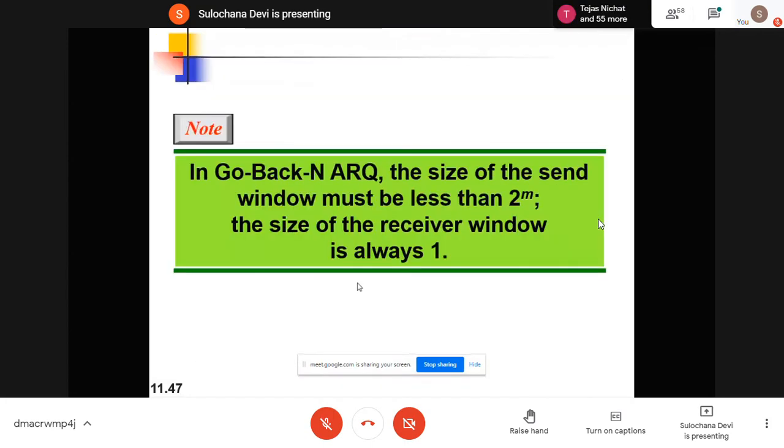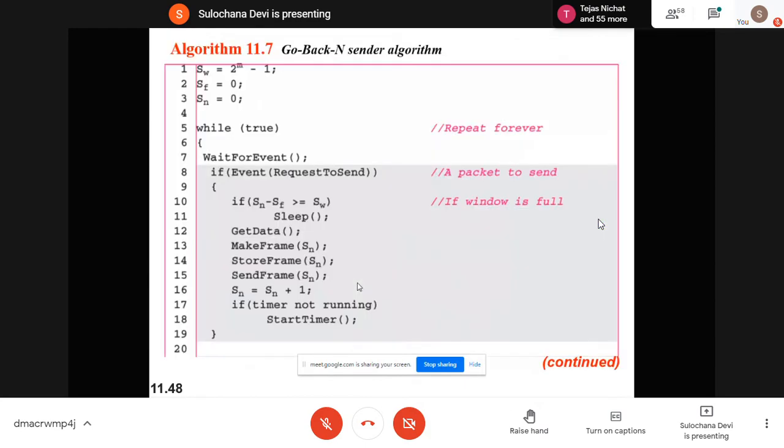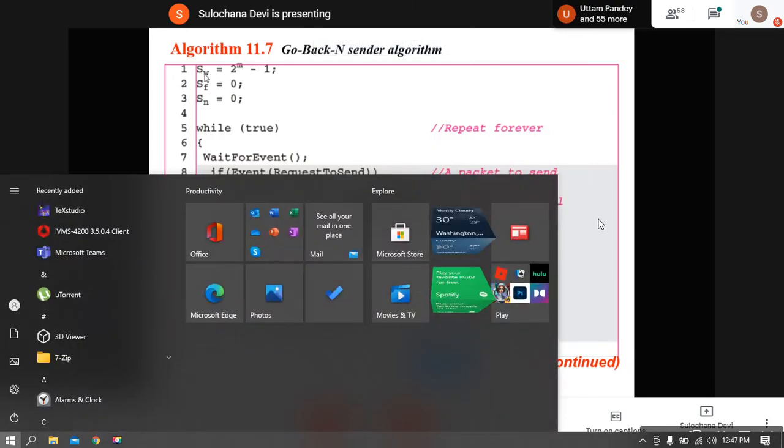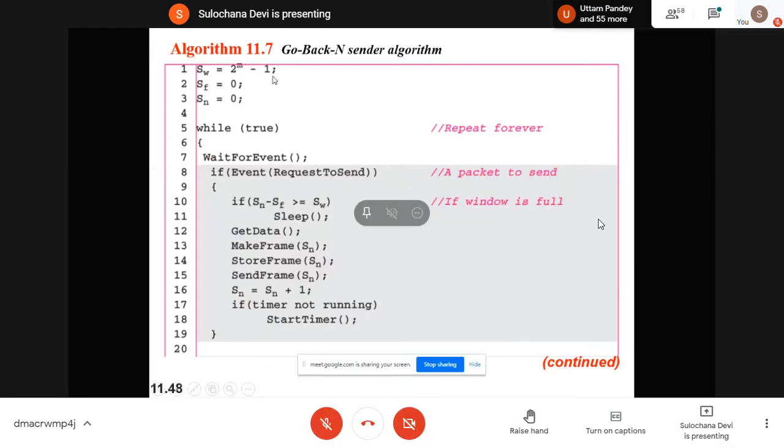Before this, I'll explain this diagram. Here SW is the window size. We set it to 2 raised to the power m minus 1. This is our window size, the frames in the sliding window. Then SF is set to 0, and SN is set to 0. And then